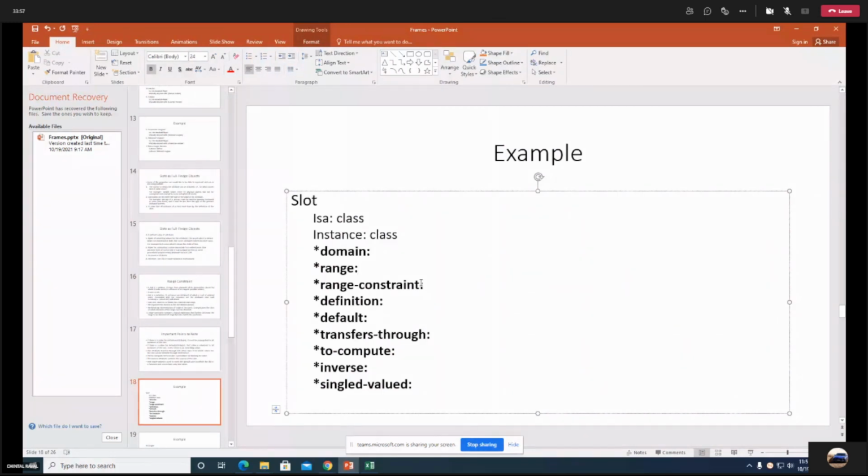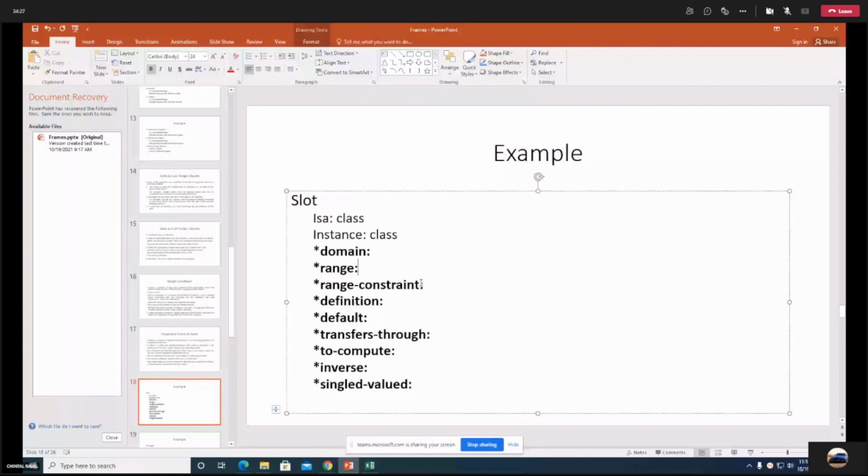Definition about the class. Default value: by default, 18 transfers through. What is the inheritance? What is the parent-child link? Something you need to compute from the inheritance. Inverse, and whether the attribute is single valued or not. So these attributes are added, and if you add these attributes, then your slot becomes a full-fledged object.